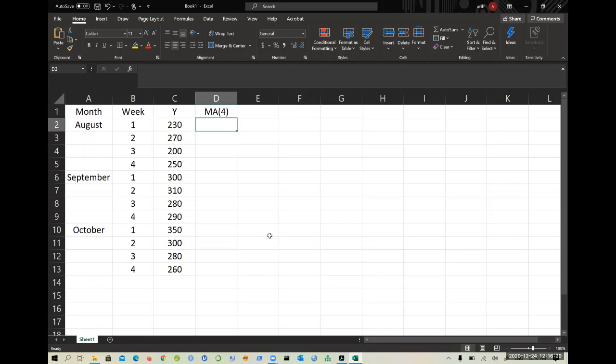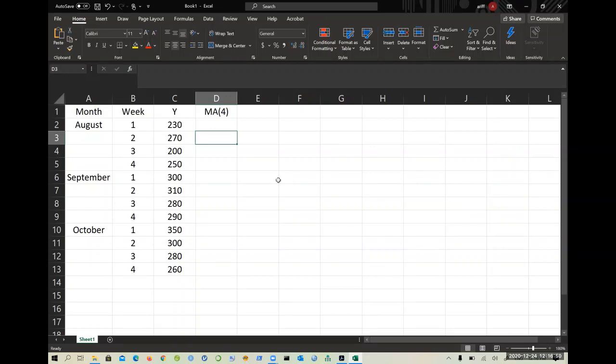So just remember that. Remember the position of the values. You need to be very, very careful and you need to understand where to put the values, right? So first of all, I'm going to calculate the moving average for 4. Why do you use 4? In this case, because the data is collected 4 times in a month. So you have 1, 2, 3, 4, 1, 2, 3, 4, 1, 2, 3, 4. So that's why we are using the 4 moving average.